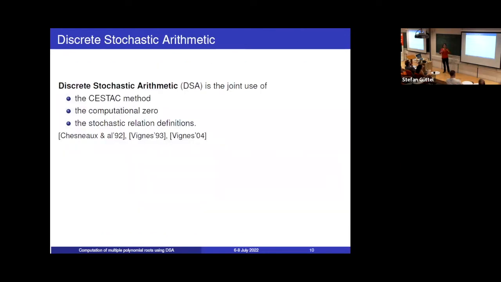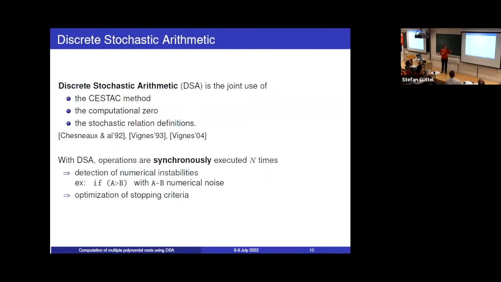And so what we call discrete stochastic arithmetic is the joint use of the CESTAC method, this concept of computational zero, and the stochastic relation definitions. And with this arithmetic, operations are executed several times, usually 3 times, in a synchronous way. And so that enables one to detect numerical instabilities. So for instance, when you perform a test, you have an unstable test when the difference between the operands is numerical noise. And we can also optimize stopping criteria and avoid useless iterations that would only bring numerical noise to